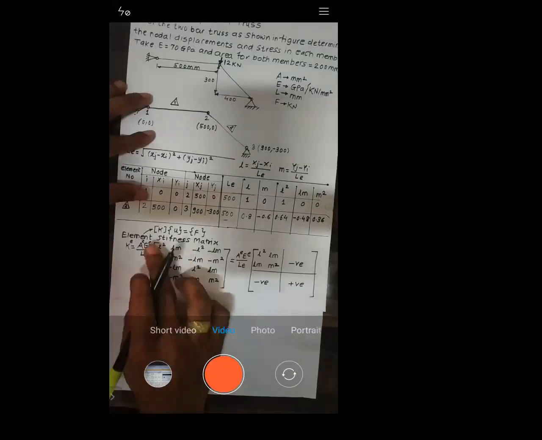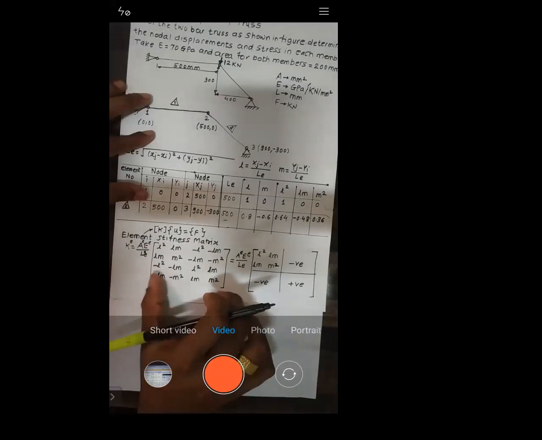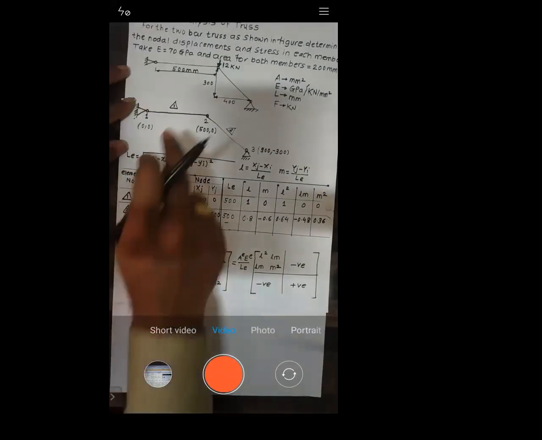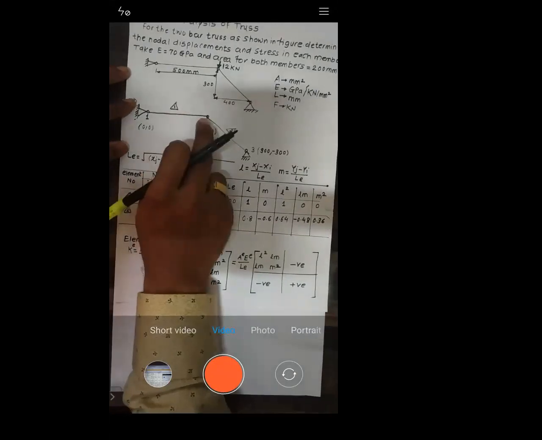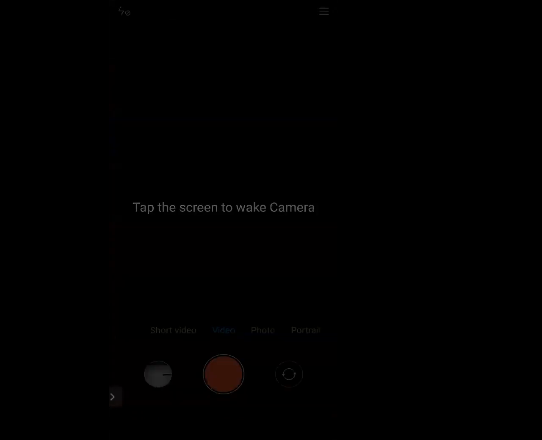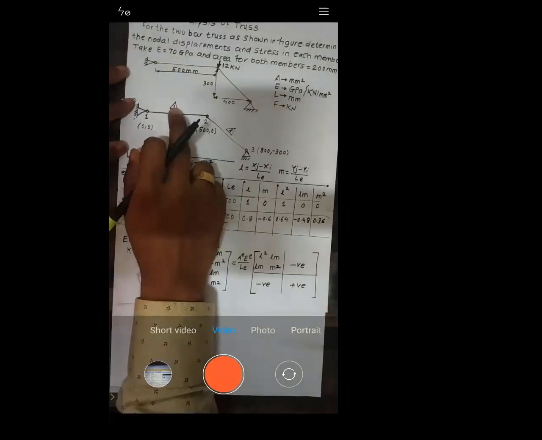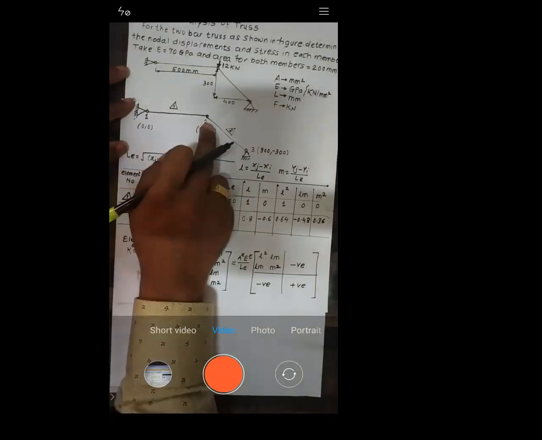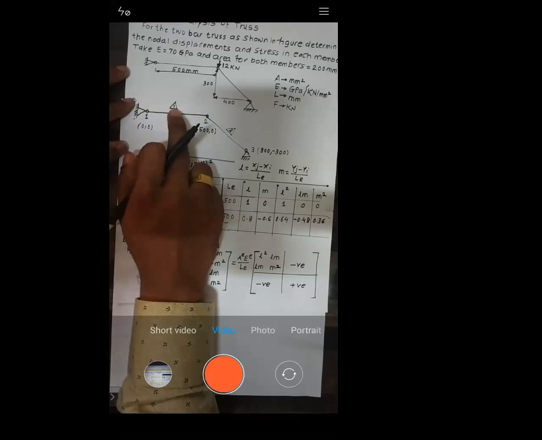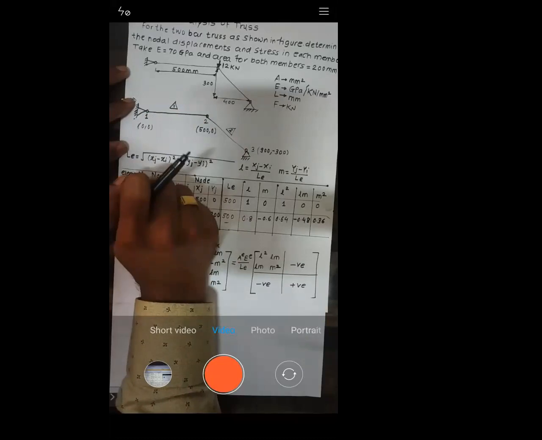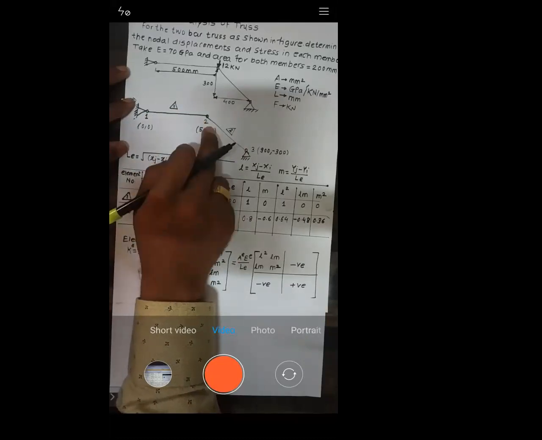if you see the size of this matrix, it is 4 by 4. Why is its size 4 by 4? It is written for an element only. Just consider this element. Every element will have 2 nodes. Element number 1 will have 2 nodes, and similarly element number 2 again will have 2 nodes. Every element will have 2 nodes, and each node can move in 2 directions.